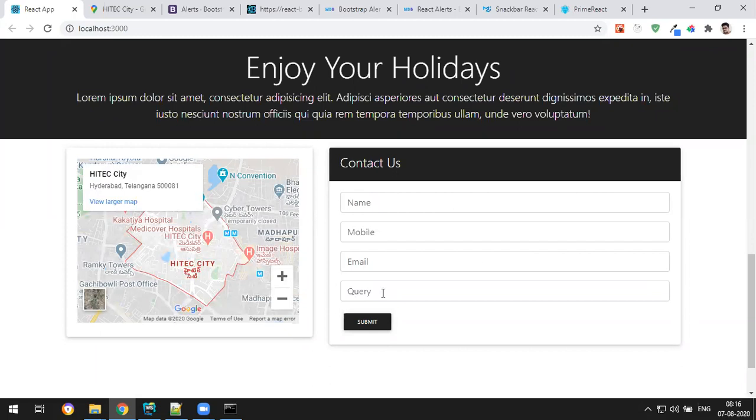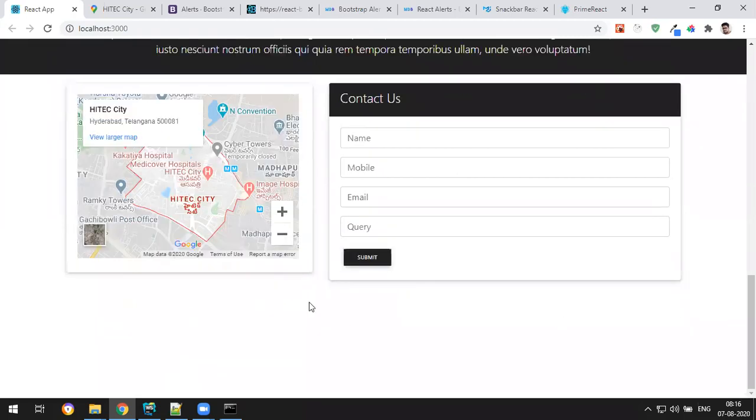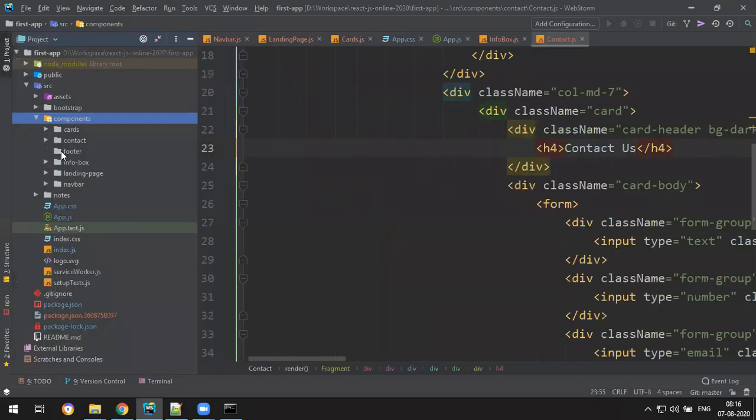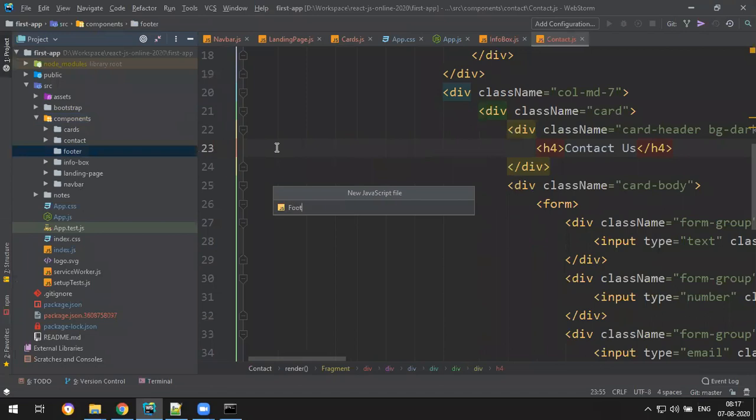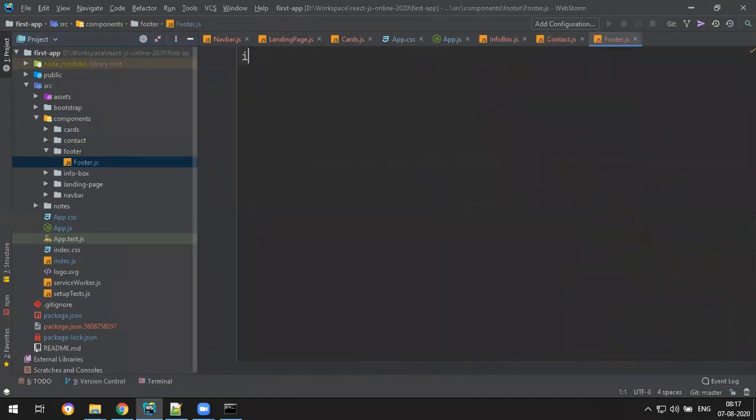Fine. And below we need to have a footer. Last, the footer, and we're done with the application. So where is the footer? Create a new JavaScript file, footer. So import again, this is what components. Import React from React along with Fragment.